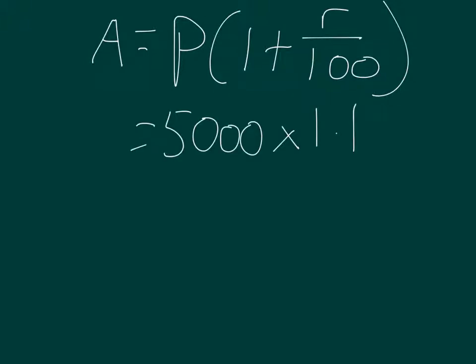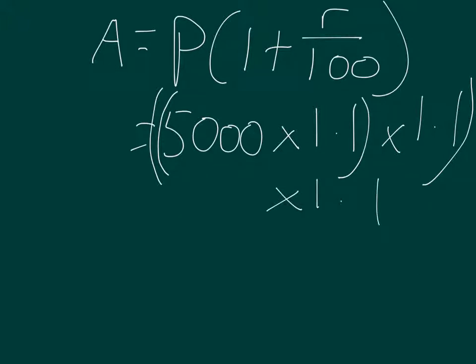So 5,000 times 1.1, that's what I have at the end of the first year. Now, as you saw in the previous example, to find out how much in the second year, I take the amount in the first year, which is this, and then I increase that by 10%. So again, I times it by 1.1. So that's how much after the second. If I wanted to figure out how much is there after the third year, I'd take that and then times